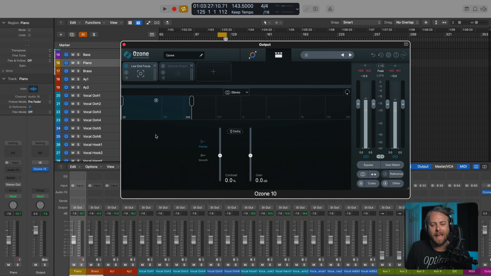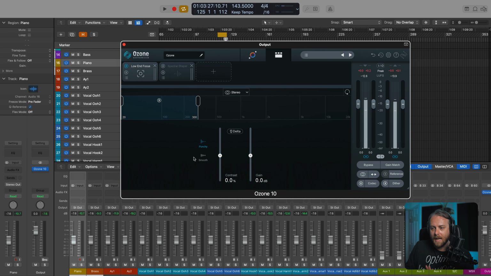Okay, so the next tool that we have is low-end focus. And I think that this also fits into a dark magic wizardry category, because what it's able to do is pull out the spectral information of the low end, whether it happens to be sustained information or quick kick transient information, and accentuate that or push it back into the background in a really elegant, easy to use way. So there's only 2 or 3 parameters here: contrast, gain, and also the action region, which we can stretch and move to include the frequencies that we want to contrast.